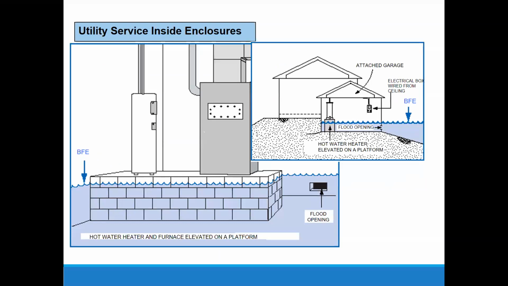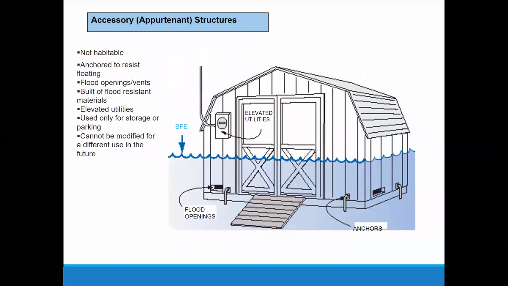All right, here's some utilities in a garage. I already kind of hit on this issue with having utilities in a garage and how that affects your flood insurance ratings. Here's a shed. I wish I had more time spent on this shed picture because I get tons of questions about sheds. But sheds and agriculture buildings, treat them the same way. They have to have openings, have to be made of floodproof materials. They have to be anchored. If they don't have utilities, we don't need any elevation survey, but if they have utilities, then we have to have an elevation survey to prove those utilities are above the flood level.